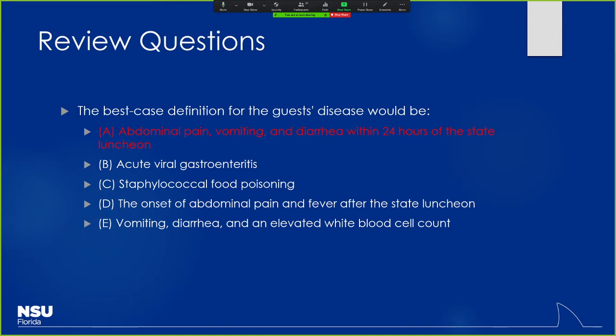Yes, right. So again, you want to keep it to where it is not so broad that everyone gets included. You don't want it to be so narrow that you exclude some people who might actually have the disease in question here, right? Obviously, things like B and C, we can't say by any means because we don't have an established definition yet. We're just going off what symptoms we're seeing there. And again, not everyone had a white cell count, and we don't know if those people had it beforehand or not, things like that.